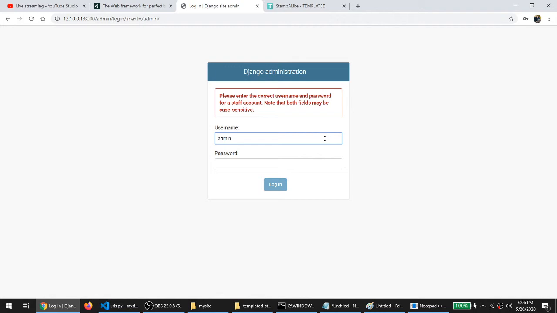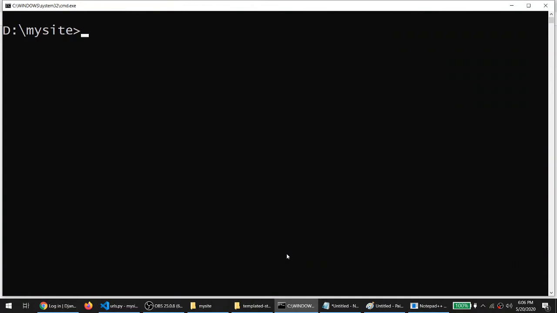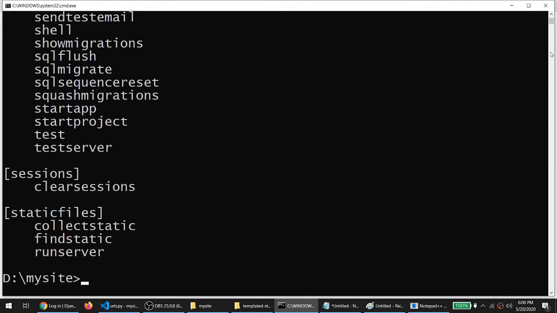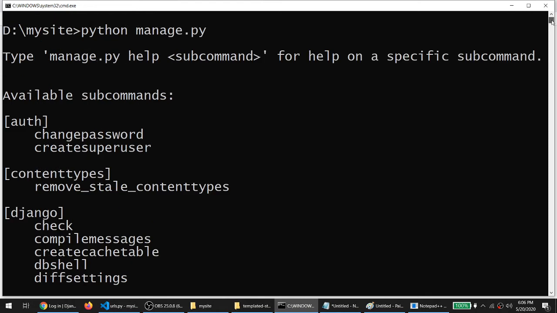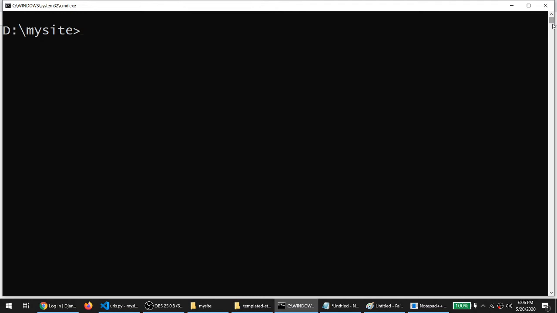So what do you have to do? We have to create one superuser over here. To create the superuser, we have to write some commands again. There will be one question in your mind: sir, may I know the list of commands in Django? Yeah. Simply do python manage.py, just press enter. It will give you a list of commands, right? Here you can see there are so many commands. So what I have to do is create a superuser.